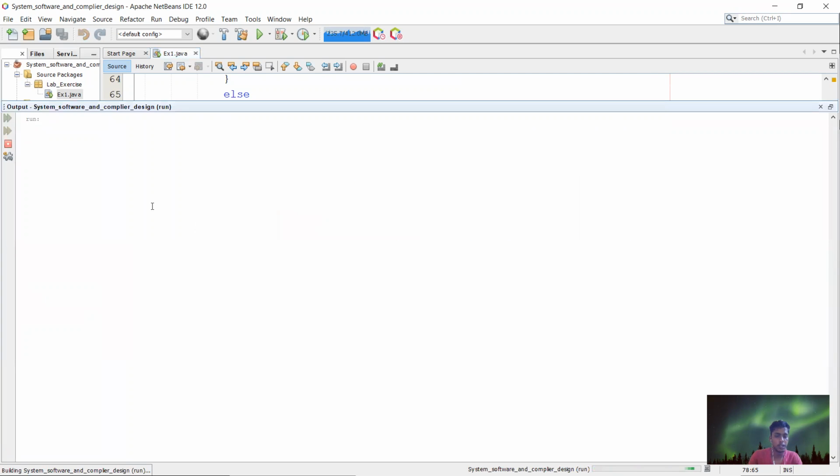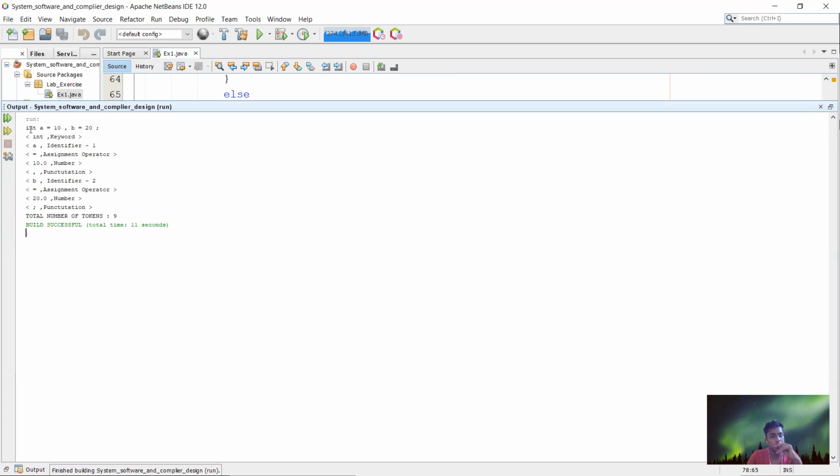This will be our final output. So a equal to 10, comma, b equal to 20. So here 1, 2, 3, 4, 5, 6, 7, 8, 9. So totally 9 tokens, and after each one it is printed here.